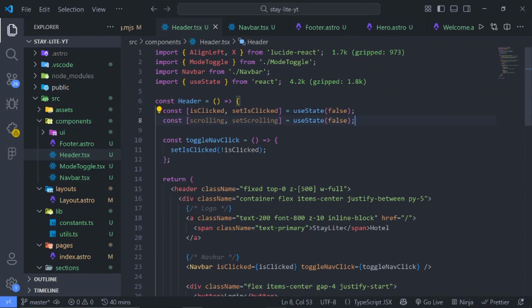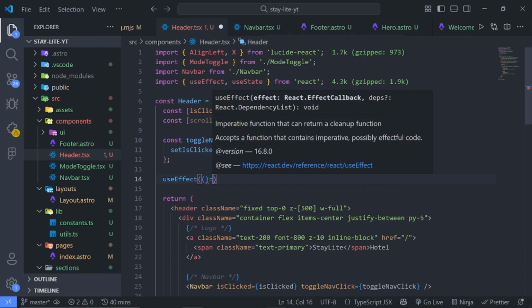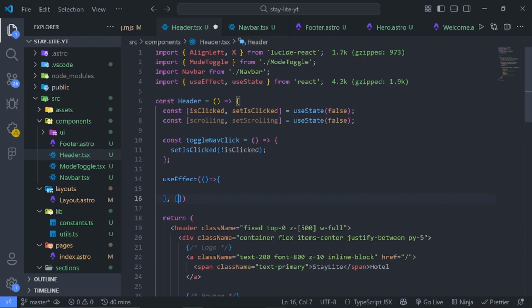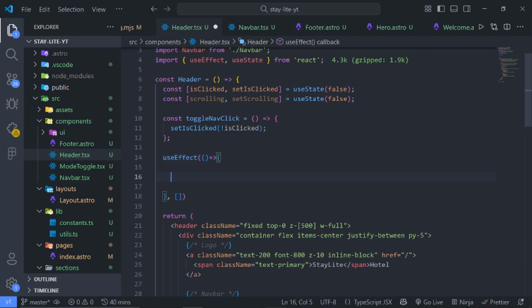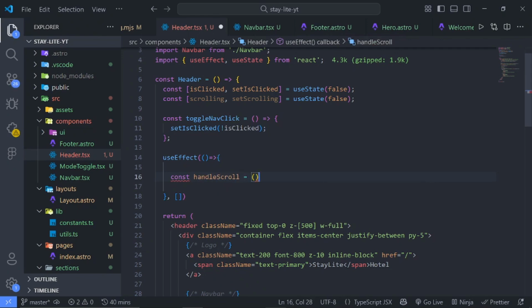Like I said, we want to change our header background color when we scroll, and we need to make sure that the function we'll be creating for that only runs once our page loads. So to do that, we'll be using the useEffect hook, and we'll create a function, and this should have an empty array because, like I said, we need this to run just once. And inside this useEffect hook, we'll create a variable, and I'll call this handleScroll, and this should be an